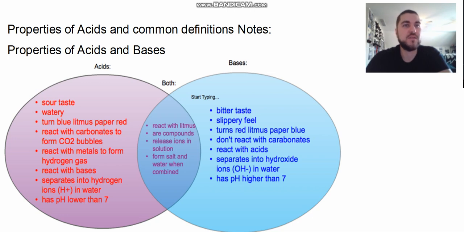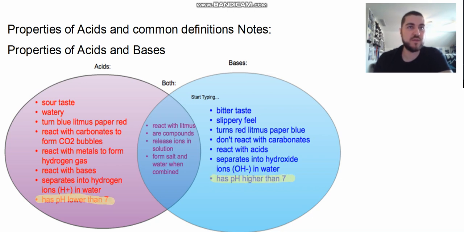And you can see a lot of different bullet points on each side of the Venn diagram. I'm going to highlight just the most important ones, but I've got other information up there as well for you to look at. So one of the most important things you need to know about an acid and a base is the pH range. This is a really common question that gets thrown out a lot. So you need to know that an acid has a pH lower than 7 and that a base has a